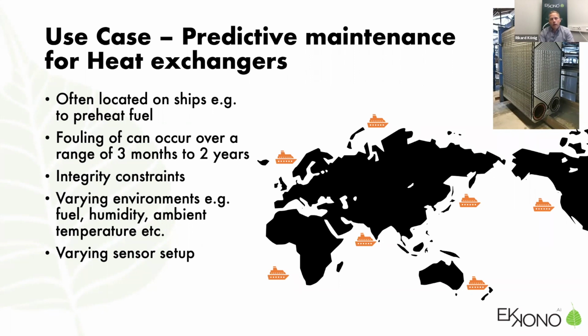And here you can also have a varying sensor setup. You don't have all the sensors on all the heat exchangers. And you typically also have an integrity constraint that you don't want to send the data and show exactly how you're running the equipment, but you still would like to have a good predictive maintenance schedule. So you actually do the right tasks when you get to harbor. I need to fix this one, I need to clean this one, and not that one. So again, this is a good example for where federated learning could help and speed up learning and generalize over the fleet of ships in this case.